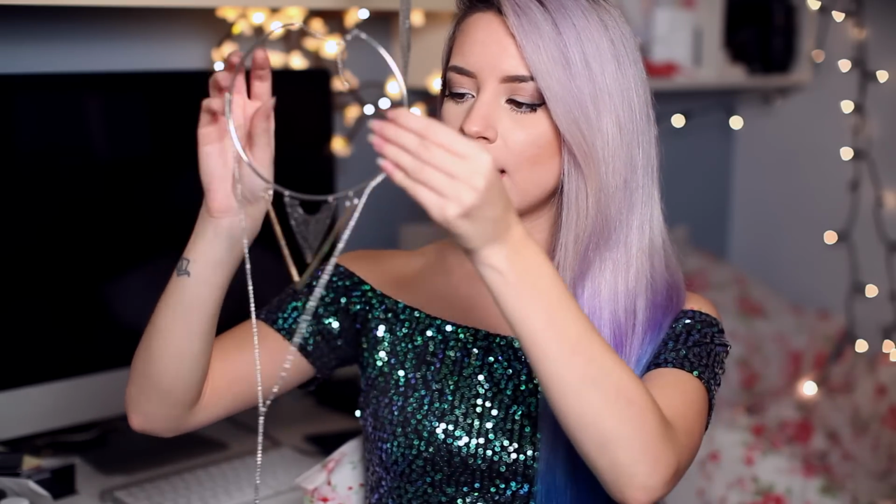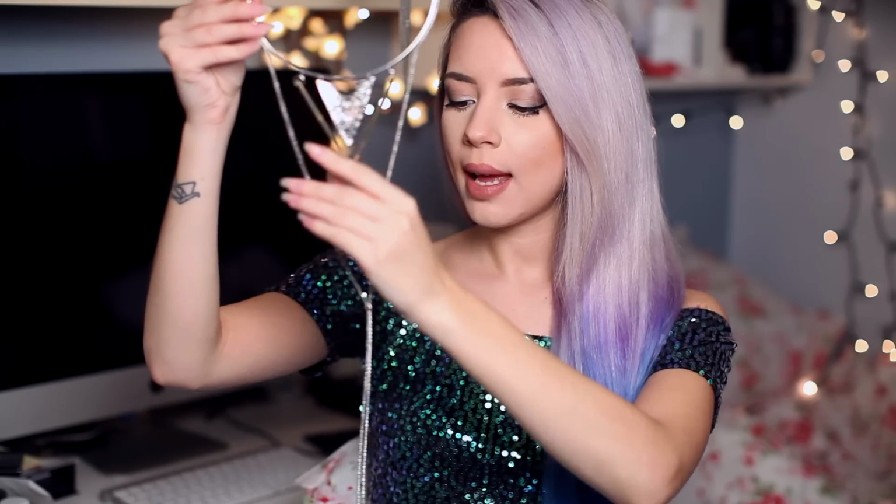I never really looked at their necklaces before, like their jewellery, but this would go so well because that dress is a high neck, so this is like a collar necklace, and it has these beautiful detailings, and that will just run so nicely down that simple dress. So I loved this. And the last item from their Nicole range that I got was this white dress,